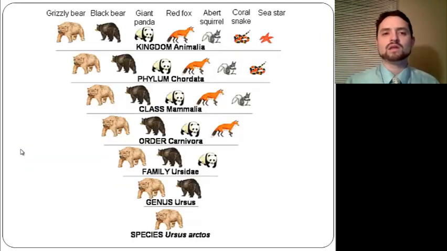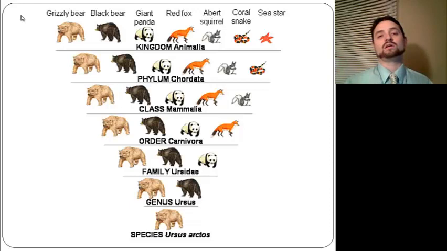So here's a picture of that. We start up here with the kingdom. Now, there's actually one above this one called the domain, but it's not mentioned on here. And then you go kingdom. Now you see kingdom, the bear, for instance, the grizzly bear, is in the kingdom Animalia. And you can see there's various things in that kingdom, and we're in that kingdom as well. Then you would go to phylum Chordata. The Chordata is one that we're in.